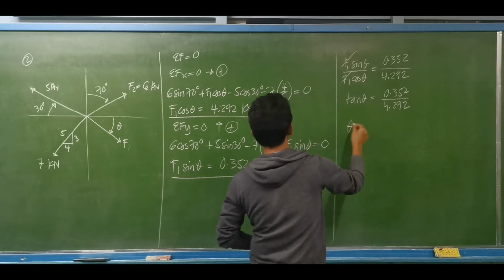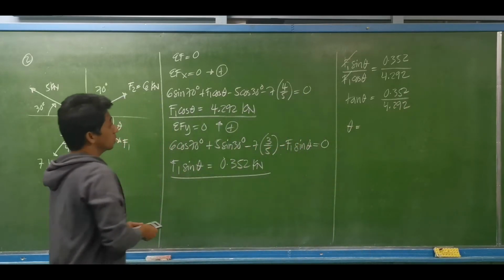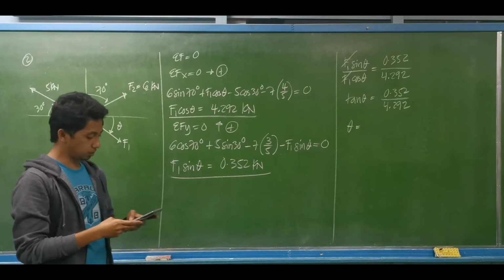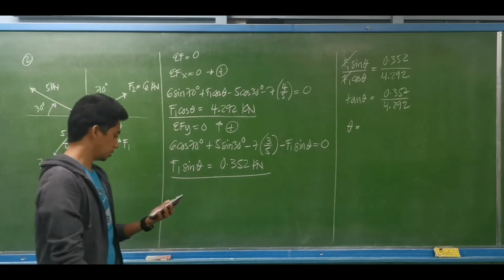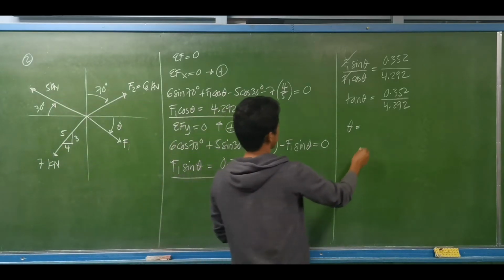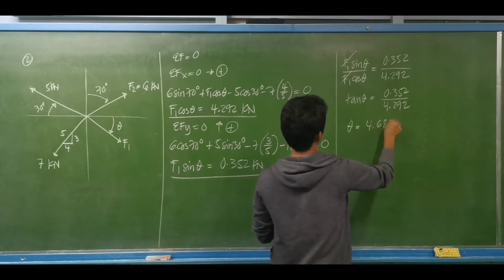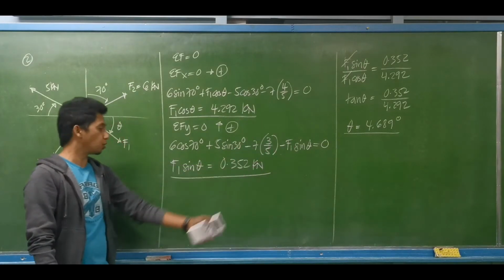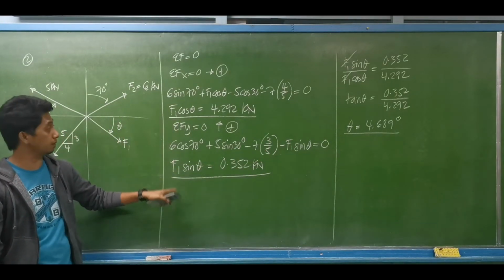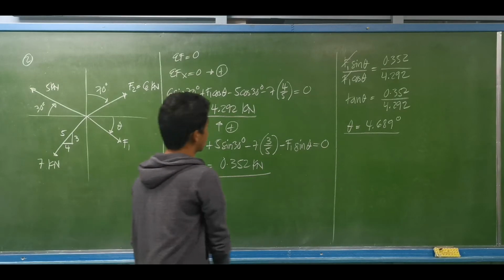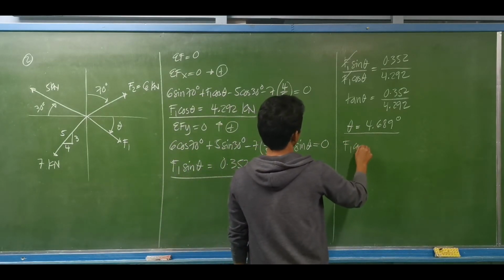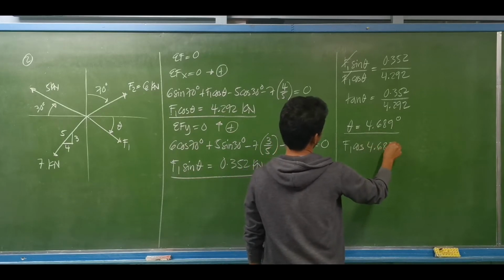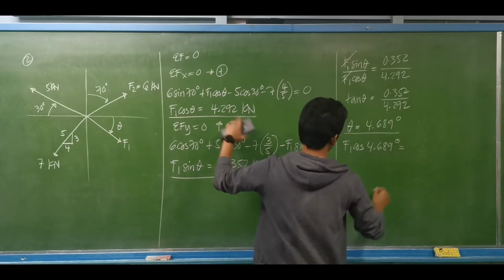So let's have the angle theta. This is the same as 0.352 divided by 4.292, then shift tangent. And we have that angle as 4.689 degrees. Then if we have now the angle, we can now compute for force number 1 using either of the two. So let's say I'll be using this one. We have F sub 1 cosine of the computed angle, 4.689 degrees, is equal to